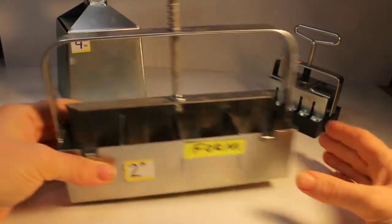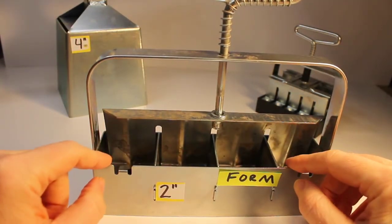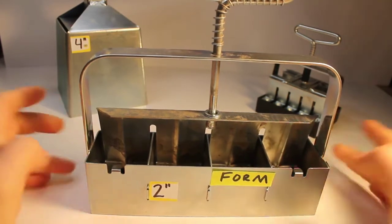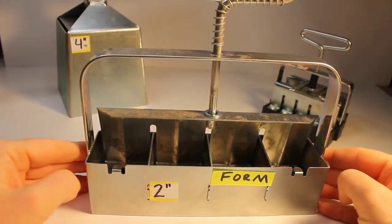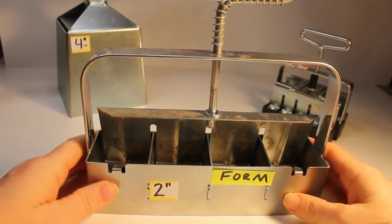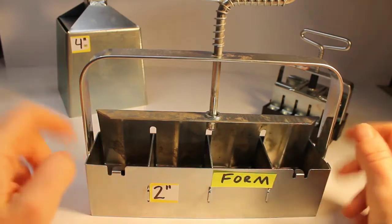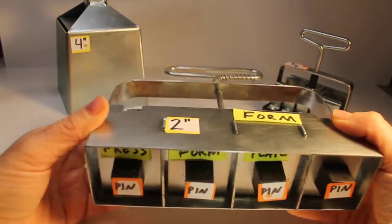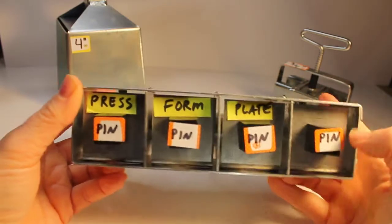Okay, so for demonstration purposes, I'm going to use this guy because it's all labeled up, the 2-inch blocker, and the 2-inch blocker is used for just normal seeding. So now that we know about the sizes, now let's just get to the nitty-gritty of the actual soil block maker, or the form. So under the form here, you have the press form plate, which are these,